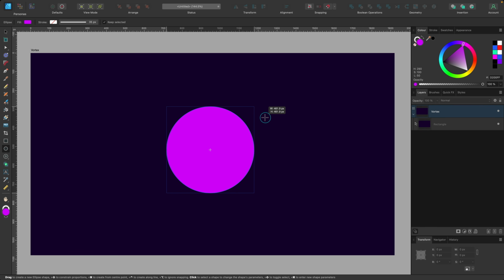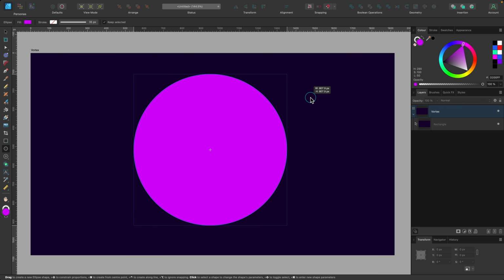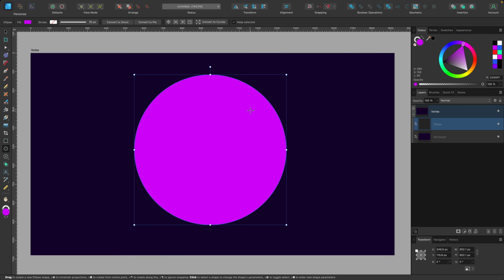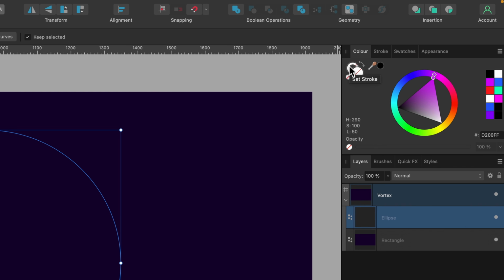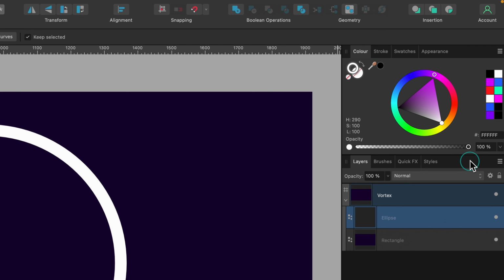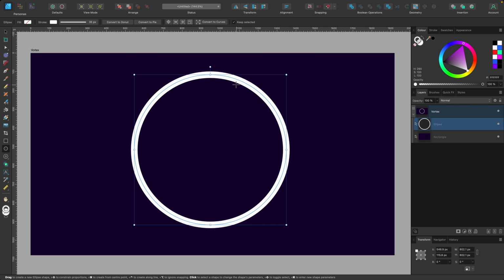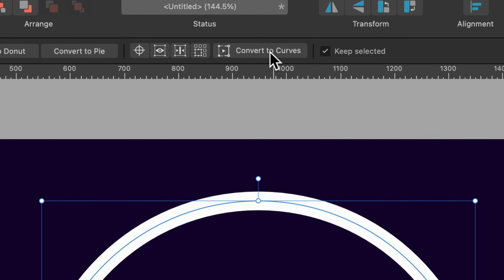So in this one, I want you to go ahead and click on the ellipse tool. The shortcut is M. Click and drag out whilst holding Shift and Command to create a perfect circle. Now we're going to go up to the Color tab. We're going to set fill to none, or just press / on your keyboard to eliminate that. Now we're going to click on the stroke and set it to white. And from this point, we're going to go up to the context toolbar and click on Convert to Curves. So now we can see the nodes here.